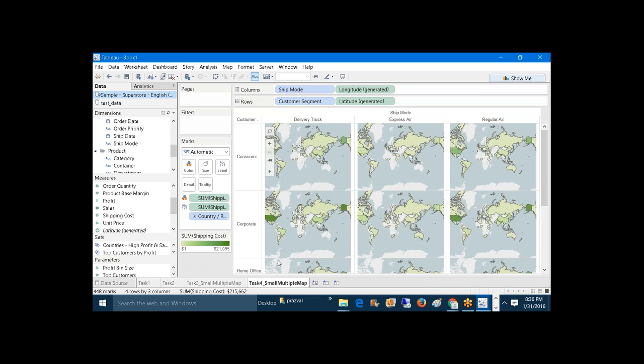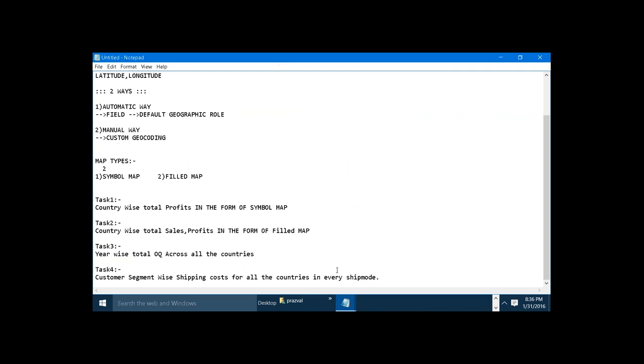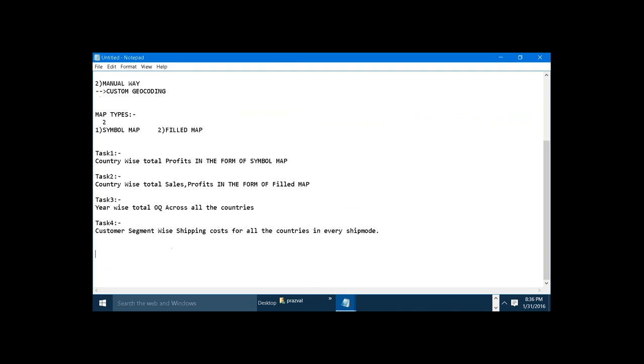Next, I would like to build a complex task. I'm taking task 5. I would like to show country-wise total profits in the form of a symbol map and total sales in the form of